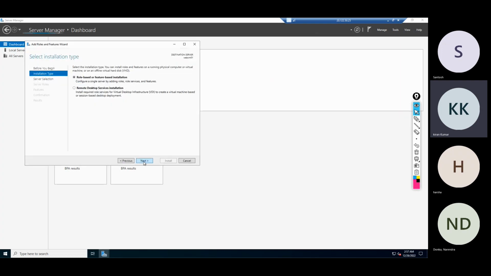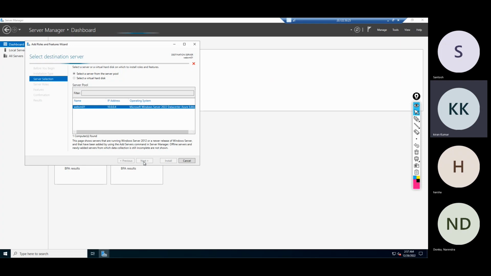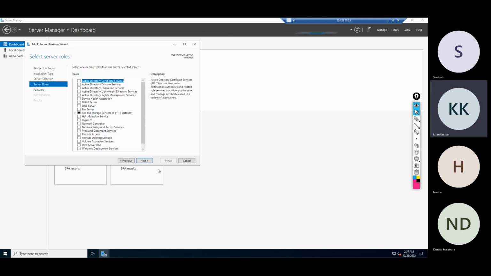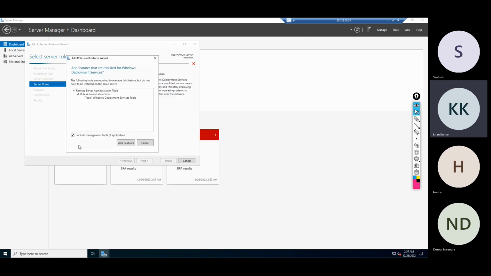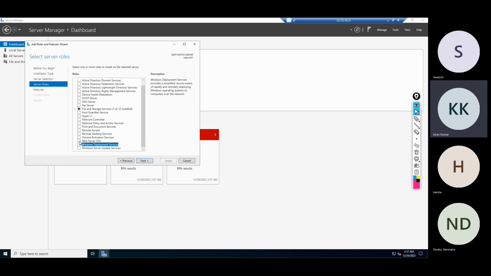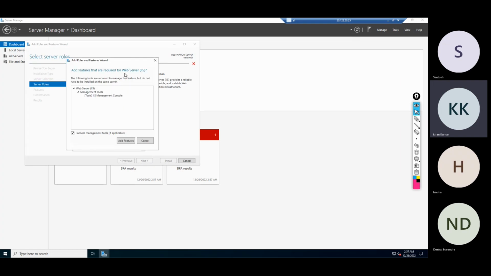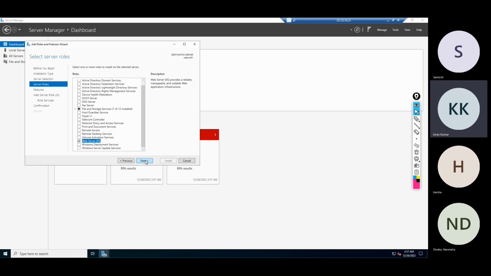Click on next, next, next. So it's loading, and here is Web Server IIS. No, not this, this is the one. Windows Web Server IIS. IIS means Internet Information Services, guys. So add, next,